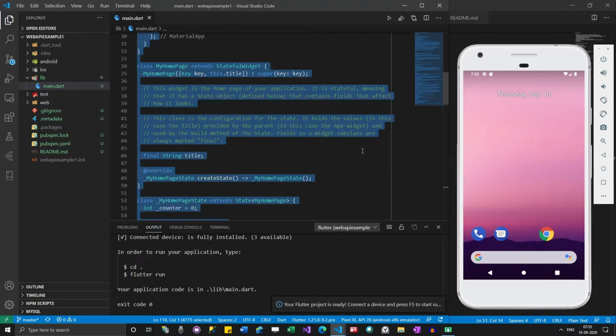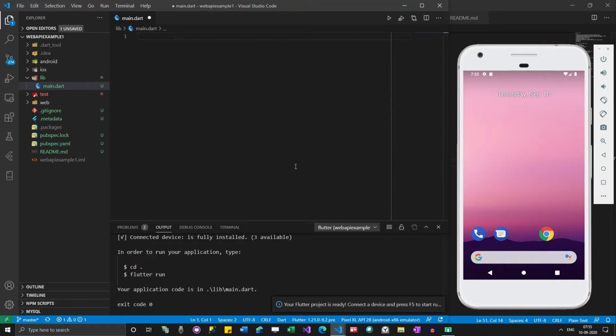I'm going to remove all this code. So let me start the coding. What I will usually do is write a small program to see whether my Flutter framework is running fine or not.